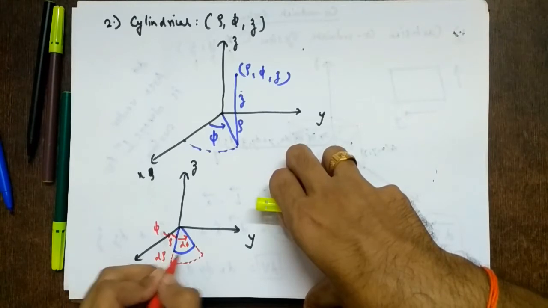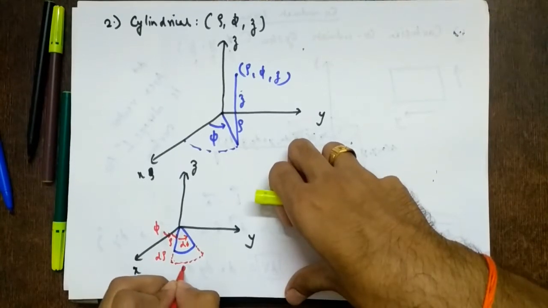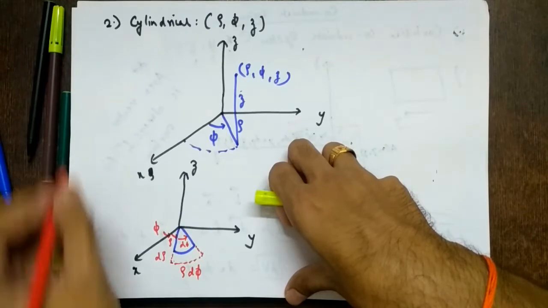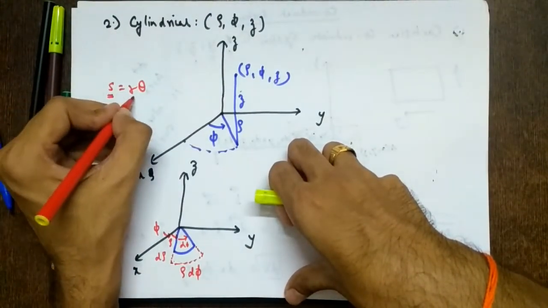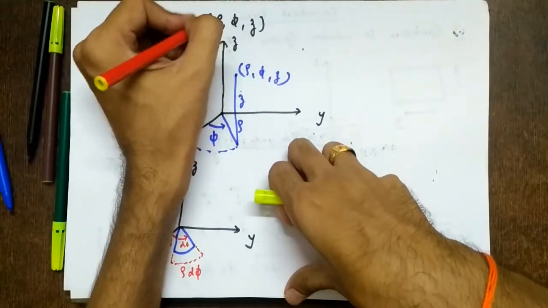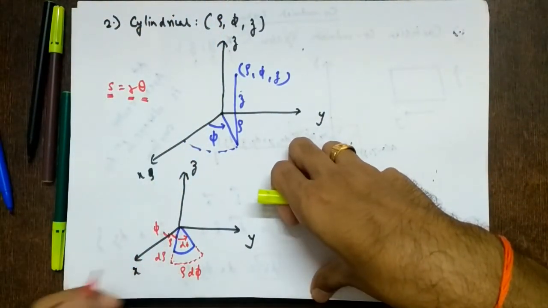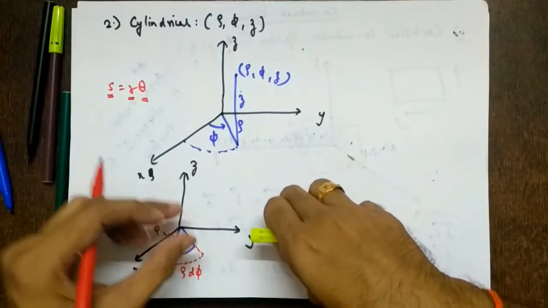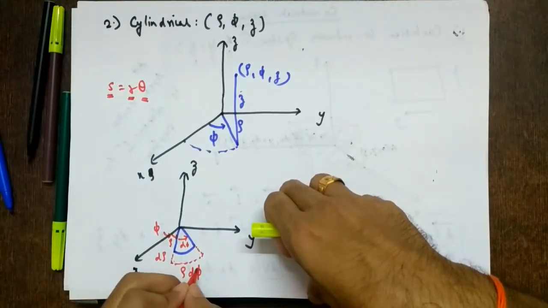So length is rho plus d rho into d phi. But d rho is very small. So compared to rho, we can neglect d rho. So this will become what? Rho d phi. Something like this formula: s equal to r theta. Length of the arc is s. So it is radius into theta. That's what we are using. Rho is radius here, remember. So as I told, some books might call this r also. It's one and the same thing. So this is rho d phi, right? Similarly, we can move this by a distance z, then by a very small distance dz. So this way we get d rho, d phi, and dz.